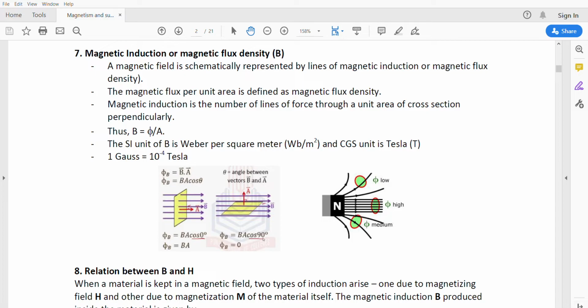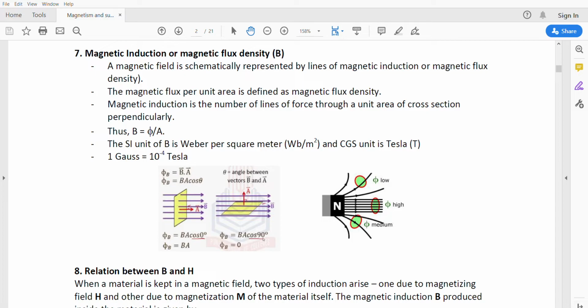And next, the relation between B and H. We know that H is the strength of the magnetic field, M is the magnetization, and B is the magnetic induction. These three terms are very important. H is the magnetic field strength, means how much intensity of the magnetic field there will be per unit area. Magnetization M, how the materials are magnetized, is represented by M. It directly depends on the strength, and it is represented easily with the susceptibility psi.